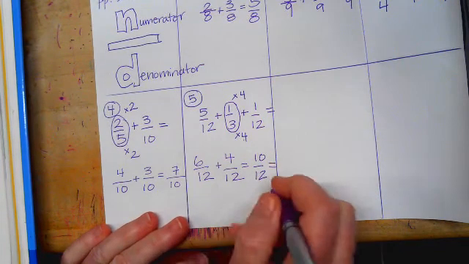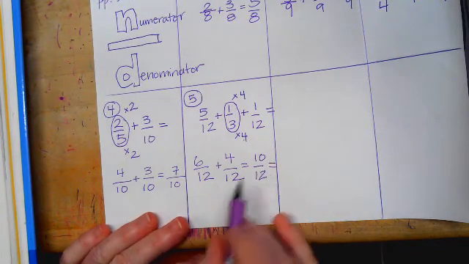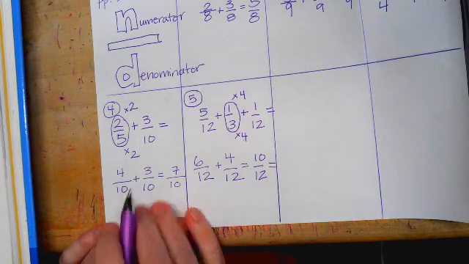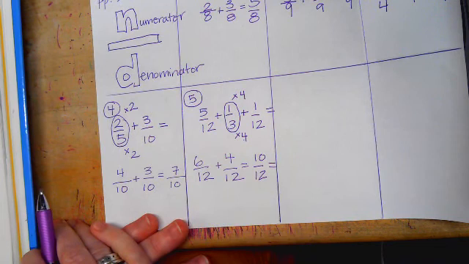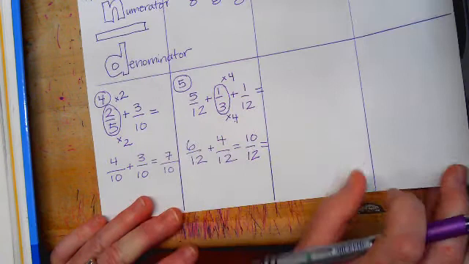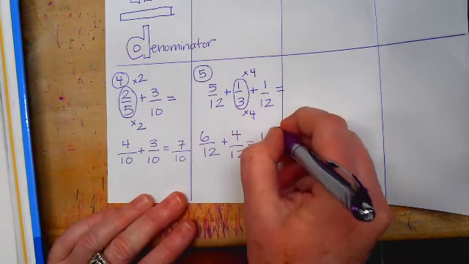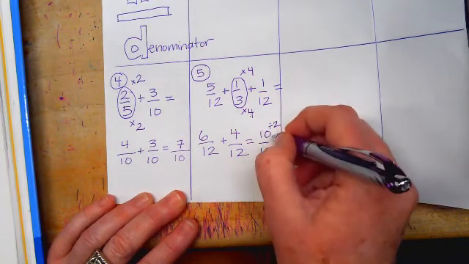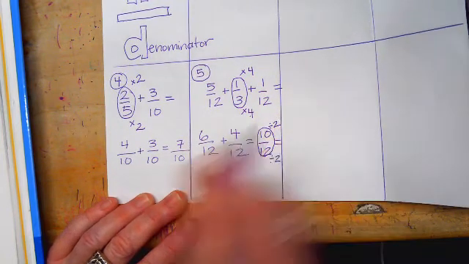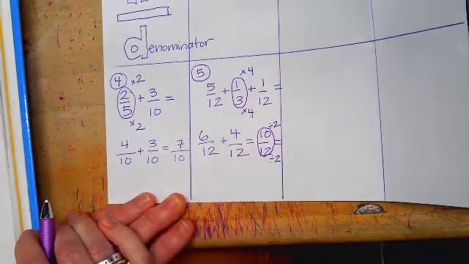Now this fraction can be reduced. This is not its simplest form. It can be further reduced. So one way to do that is to look at all the different ways that we can reduce 12. So I could divide it by 2. I could divide it by 3. I could divide it by 4. I could divide it by 6. I think if I divide it by 2, I'm going to have the best option. If I divide the top by 2 and the bottom by 2,